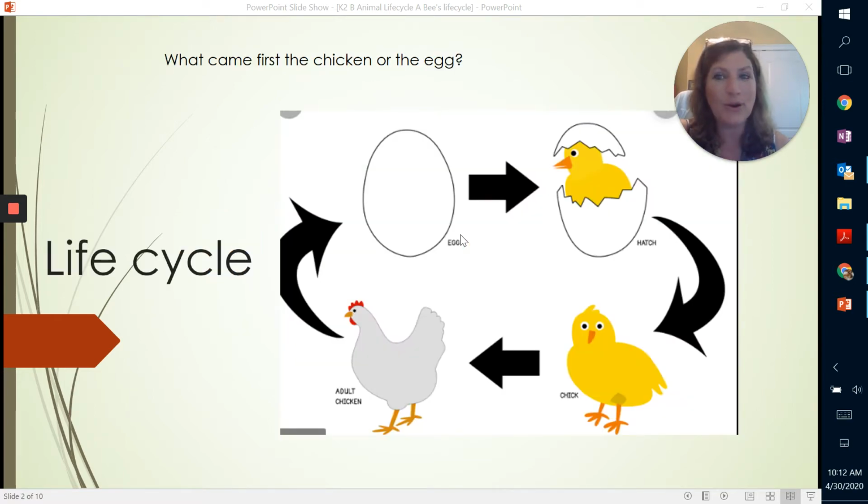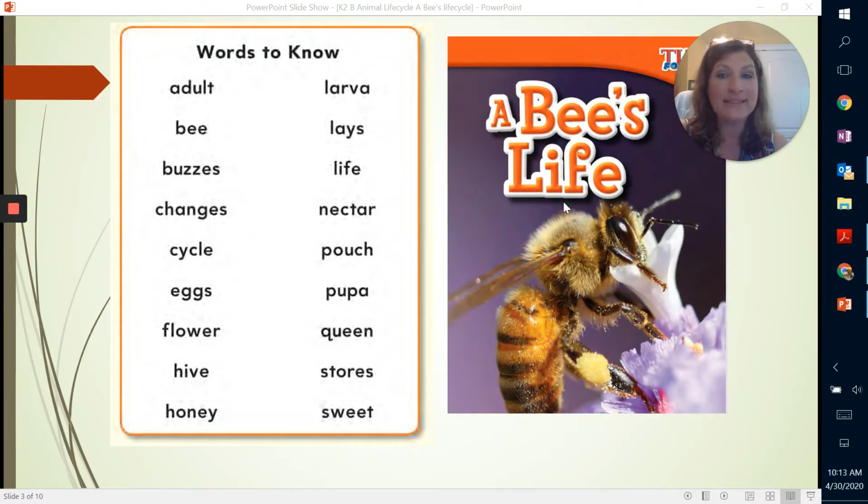So, remember, Miss Proctor showed you the picture of the chicken, the life cycle, and it starts with the chicken. He's laying the egg, he hatches the egg, and then you have the baby chick. Well, just like that, you read your book about the bee's life, and you had the words here that you